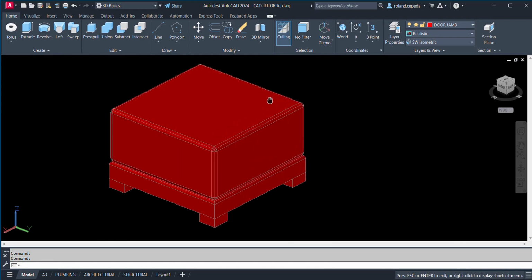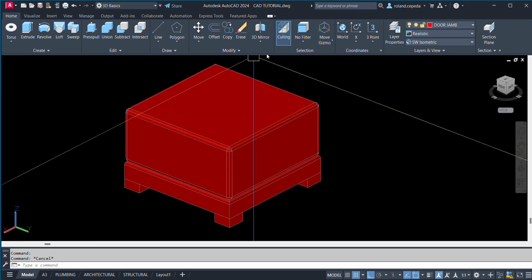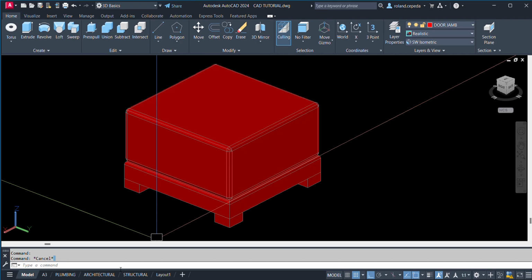Now I'm going to put the materials for the objects. Let us type RMAT for the materials.